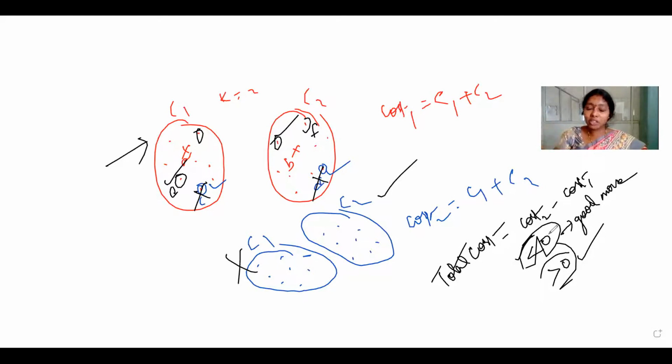Once you reshape the cluster, again you need to select the representative object and check whether that is a good move or not. If it is a bad move, that is a different case. If it is a bad move, you need to go back and take another representative until you have a good move. After selecting a good representative object, you need to reshape the cluster. After reshaping the cluster, you need to select the good representative object.